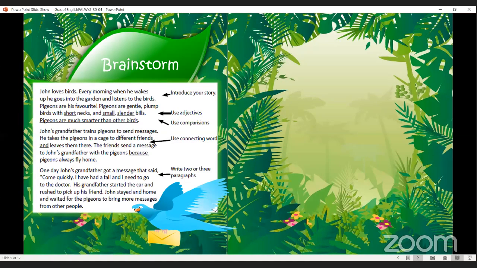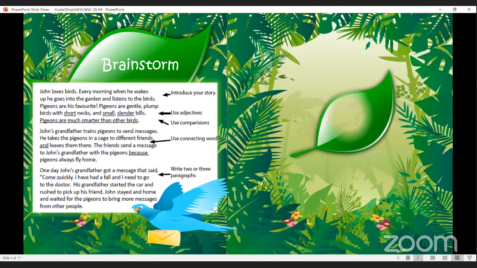So now we're going to brainstorm. Remember, someone mentioned that earlier, and they said we're going to brainstorm. This is my mind map that I'm going to create for the story I'm going to write as you guys follow along. I hope you like my story and I hope you like my planning. Maybe it'll help you with ideas. Right. So to begin, I need a title. So I used leaves because birds and leaves, you know what I mean. Okay, so this is something you need to have in yours. You need to have a title.